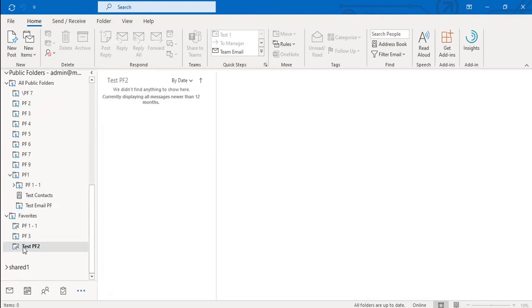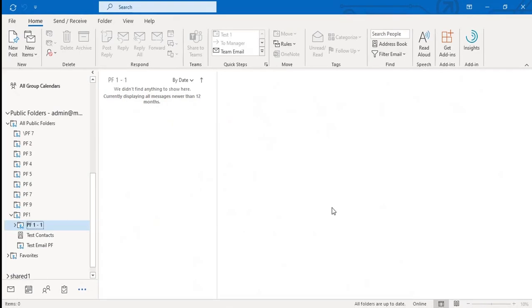So this is how you can add public folders as a favorite public folder within your Outlook client. In the last session, we discussed that the Outlook client uses the Autodiscover service to fetch all of the details of public folders. When the Autodiscover service runs, it retrieves an attribute, public folder information, which contains the SMTP address of the public folder mailbox. So let me show you how you can check that particular attribute.